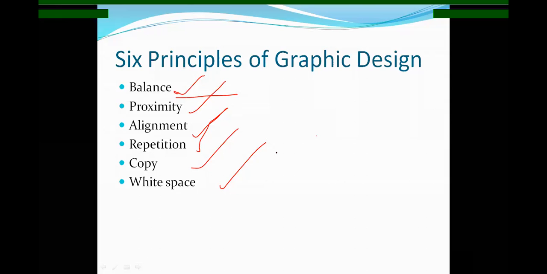And then white space. White space is the absence of graphics and text that breaks up the design elements on the page and gives the viewer a visual break. It can also clarify the elements, suggest elegance, and add emphasis. Means white space is